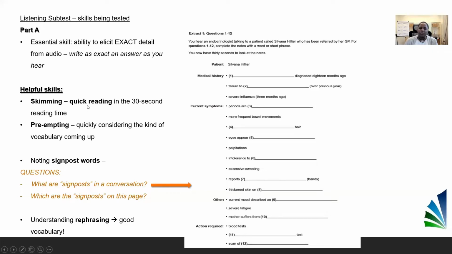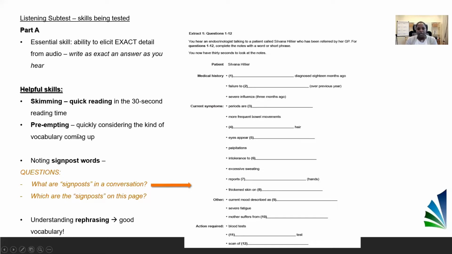So you've got to be really able to skim very, very quickly. So the ability to read quickly is very helpful. And of course, that comes from practicing reading. And once you have done that, another skill is called preempting. What this is